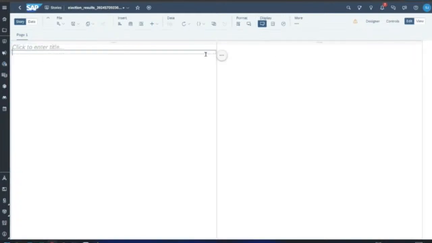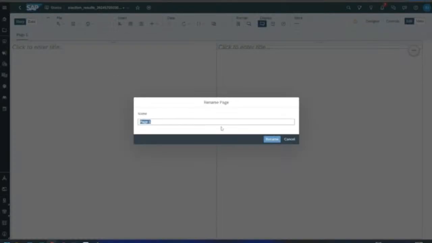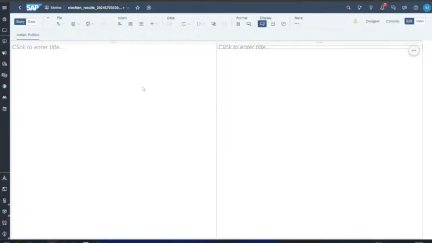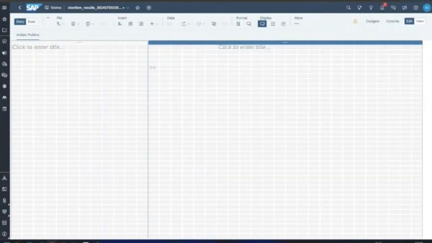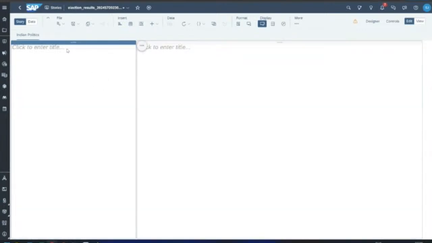We can drag and drop the content, so almost negligible coding is there. Yeah, so I will rename my page to say Indian politics, and then I can come back to start adding content.